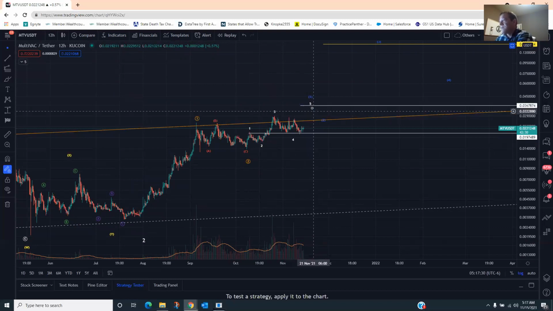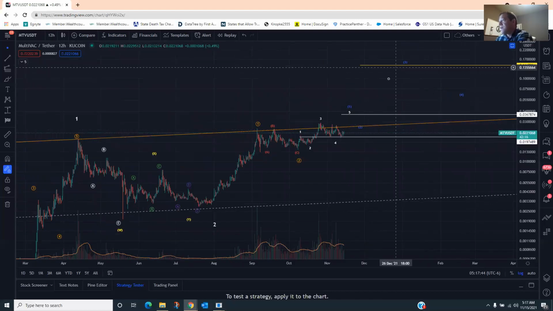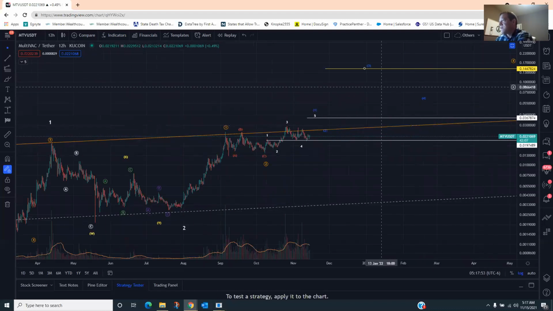So you're going to pop up out of this channel, probably get to about 4 cents, 3.5 to 4 cents, correct back down as a 2, more than likely, retest the top of that channel, somewhere around 2.5 cents, consolidate, and then our leg up to 3 will be around, I'm saying 14 to 17 cents, which you'll experience some sell pressure there. You'll have your 4 wave,